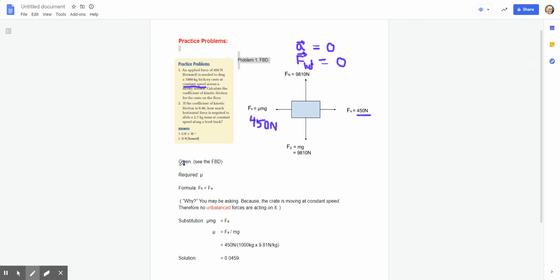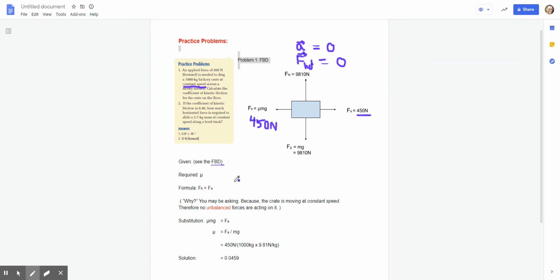So I've broken it down. There's our given. Well, the free body diagram you're given. Always, always, always do a free body diagram. If you don't have one of these, then you don't get one of these, an F net statement. So if we look at our